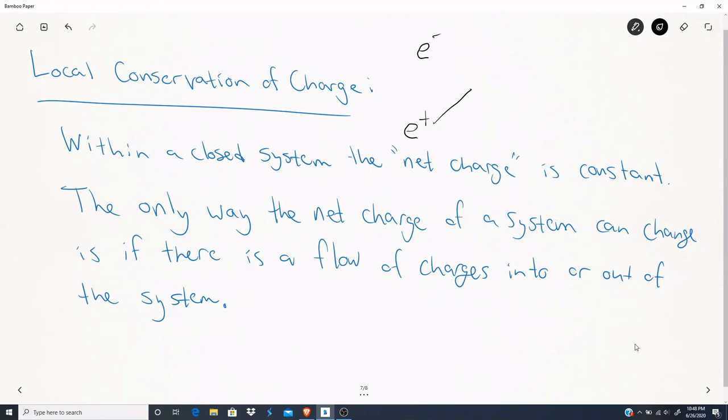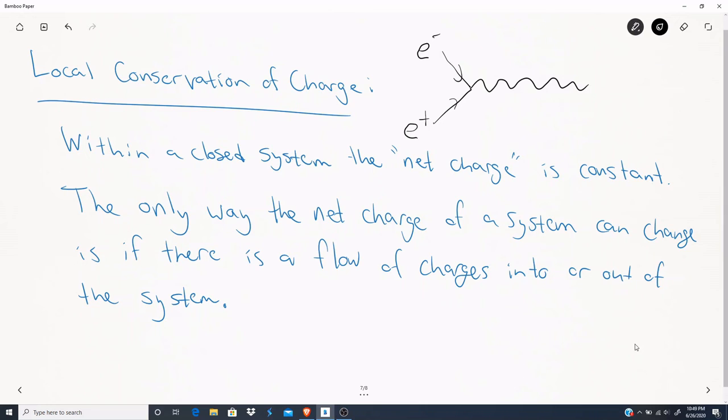And when a positron and an electron meet, they annihilate each other and produce a photon. The photon doesn't have any electrical charge. The electron has a negative electrical charge, and the positron has a positive electrical charge in the same amount. In this case, charges were destroyed,